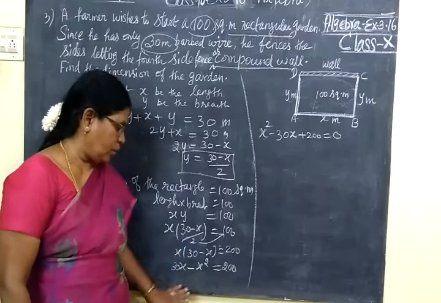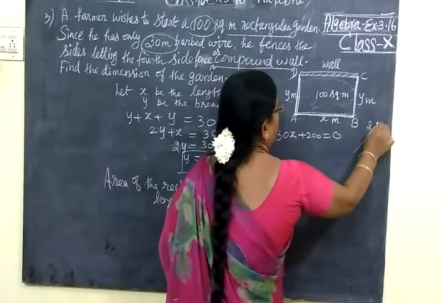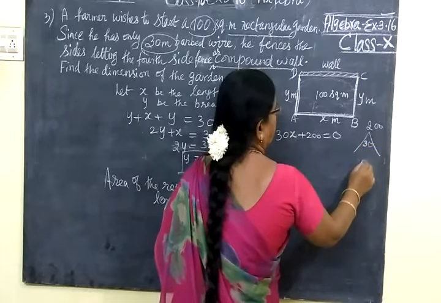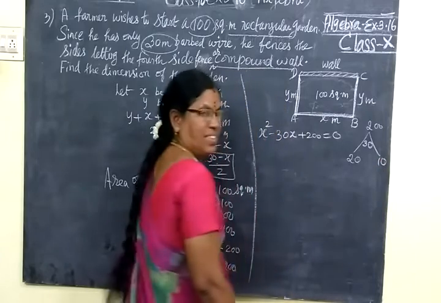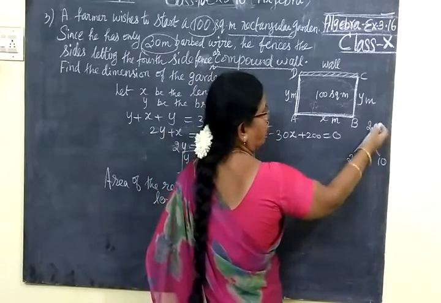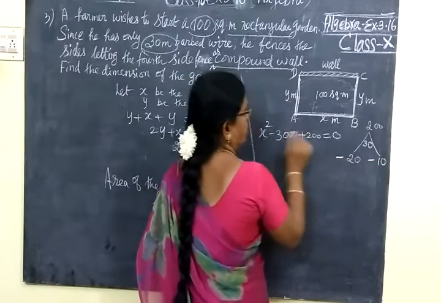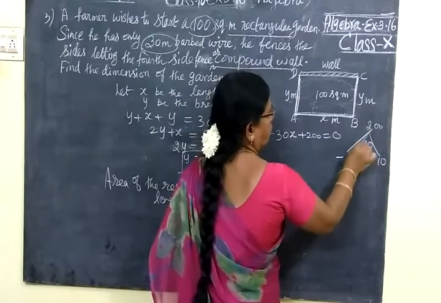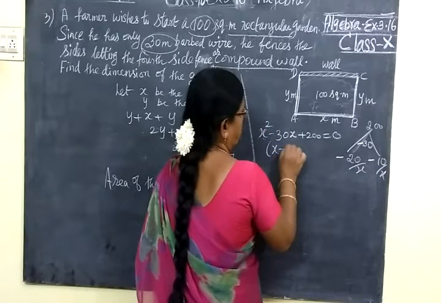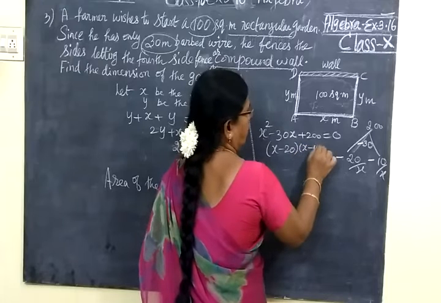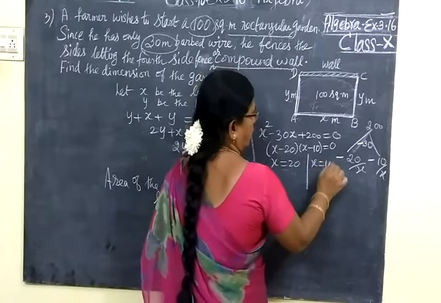If an equation is given like this, we change the sign on only one side. So multiply gives 200. Here add gives you 30. Isn't it? So 20, 10. You can take simple only 20, 10. 20 into 10, 200. 20 plus 10. Here we are taking minus because it is given minus. So you put minus sign. Here that's the x only. So (x minus 20)(x minus 10) equal to 0. So x is equal to 20 or x is equal to 10.